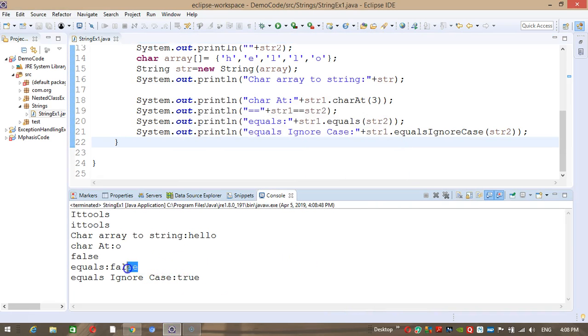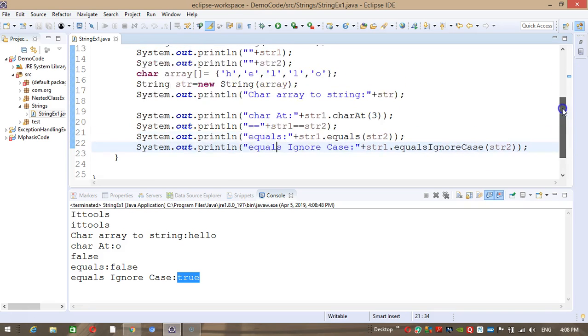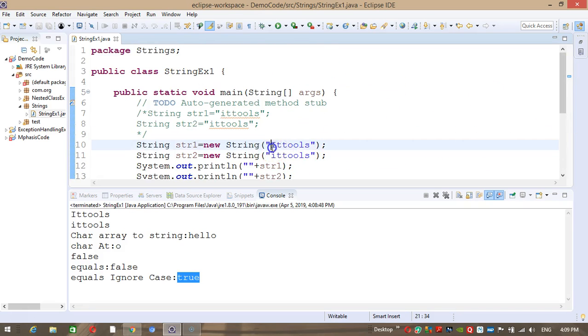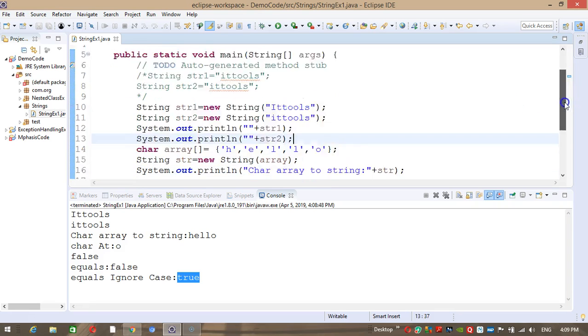Okay, so equals is giving false and equalsIgnoreCase is giving true. So ignore case will ignore your capital and small. Equals, yes, the capital and small matter in that case because it compares the ASCII value.